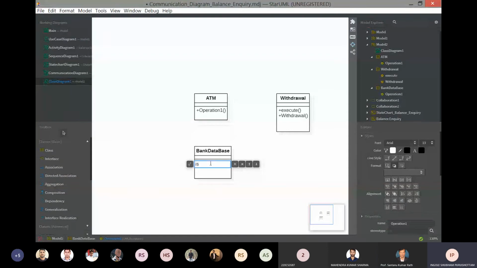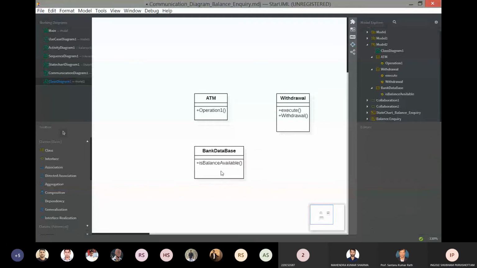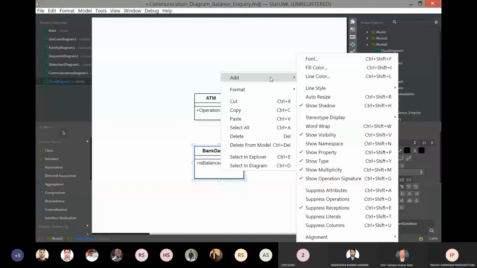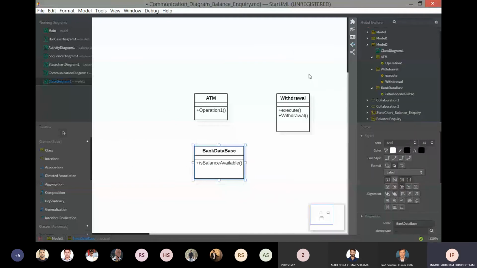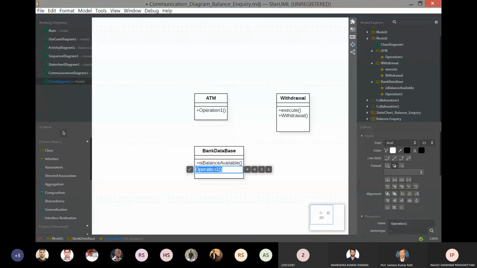We'll write the first operation as balance available. I will add another method. Right click, add operation.